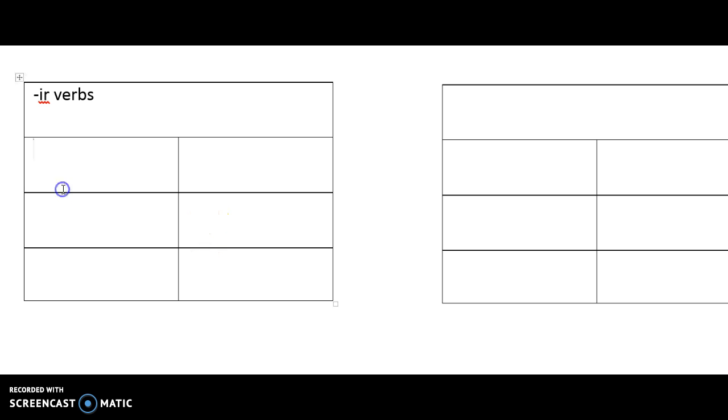IR verbs look very similar to ER verbs. The yo form is o, the tú form is es, usted, él, ella, e. Here we have the only differences. The nosotros form is imos, the vosotros form is ís with an accent on the i, and ustedes, ellos, ellas, en. So if we were to take the verb vivir, to live,